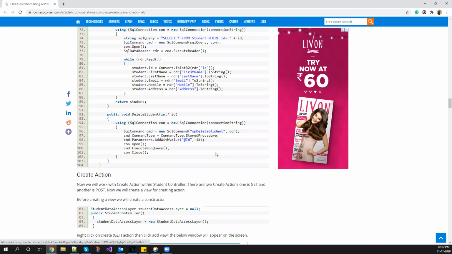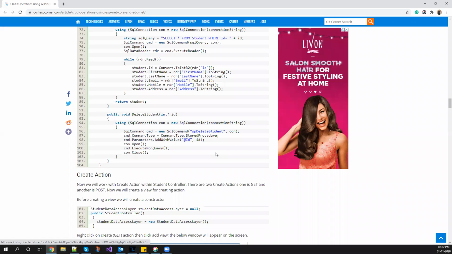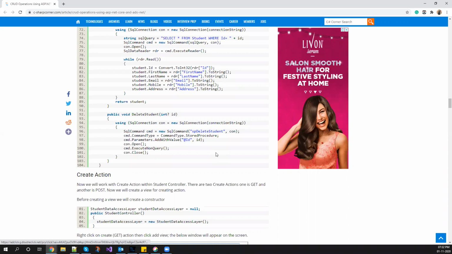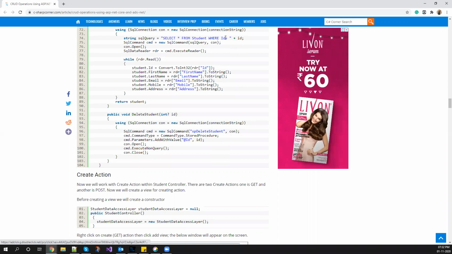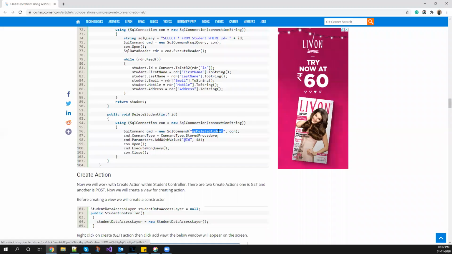Another reason is the security purpose. Your code is generally on a different server, your database generally is on a different server. Let's say someone breaches into a network and gets access to your code. If you directly write your queries, your database is kind of exposed. They get your data table's name and your column's name and everything. But if it's SP delete student, they don't exactly know what my table name is or what the columns are.